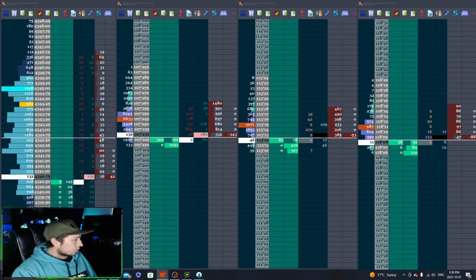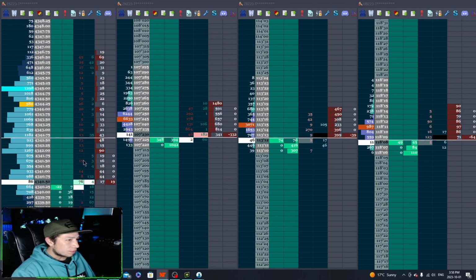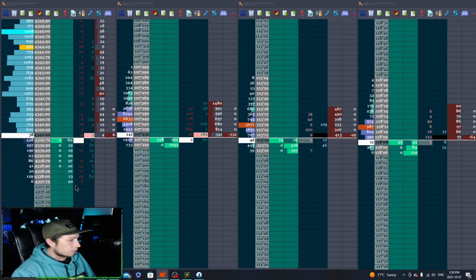We're making, for the first time, higher lows, and I think it's going to start going up, but I'm not really seeing a lot of confirmation either way right now. I'm also kind of waiting for it to break this low, but it looks like it's going to start going up, so I don't really know. Maybe we'll wait and see if it does break this low, because that might be a pretty big short opportunity.